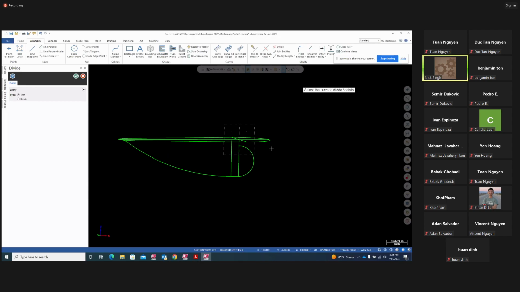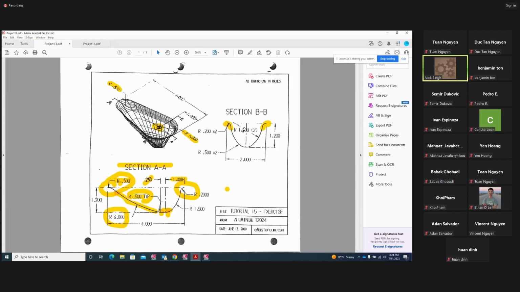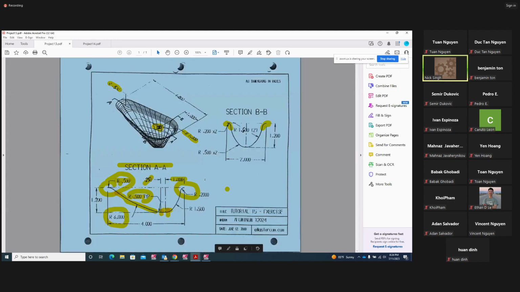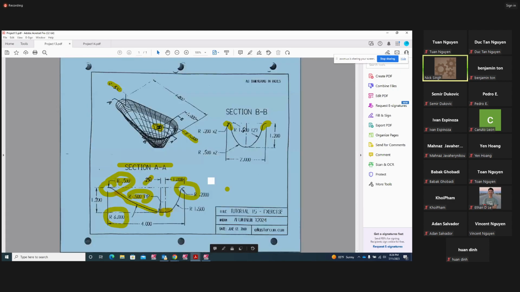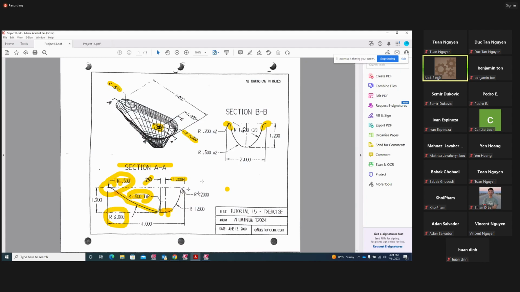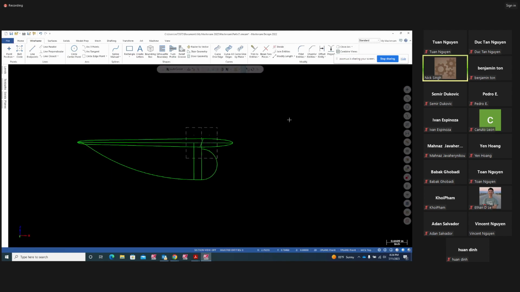And now we're going to draw arc tangent to this, which is going to be a radius right here, 200,000 radius. Okay, let's try this one. In the same construction plane front, and select the curve, divide, delete, we don't need that. I'm going to go arc tangent